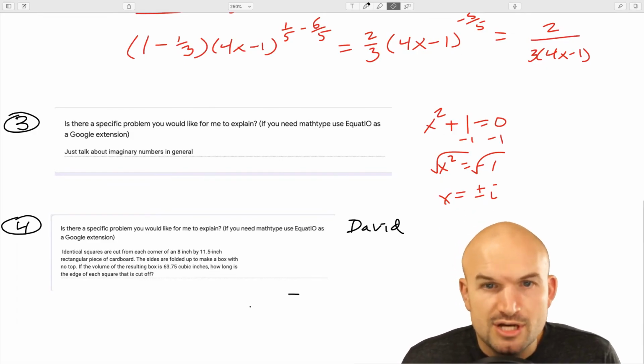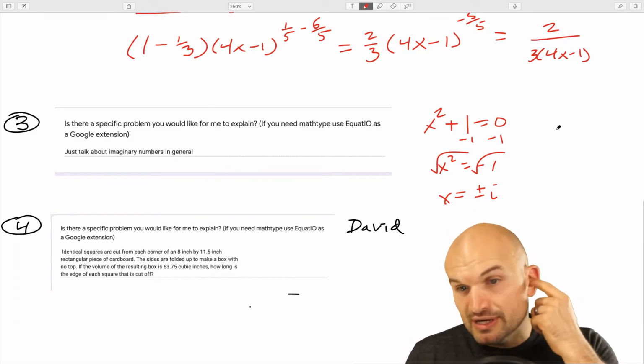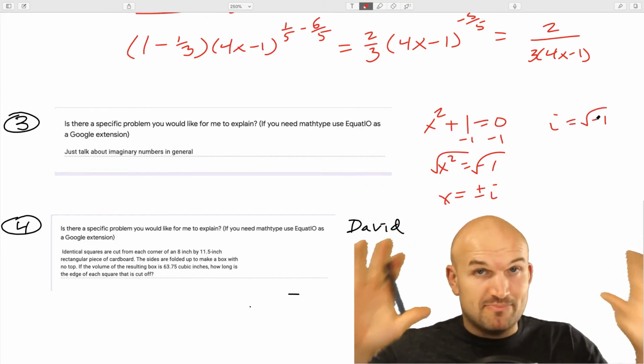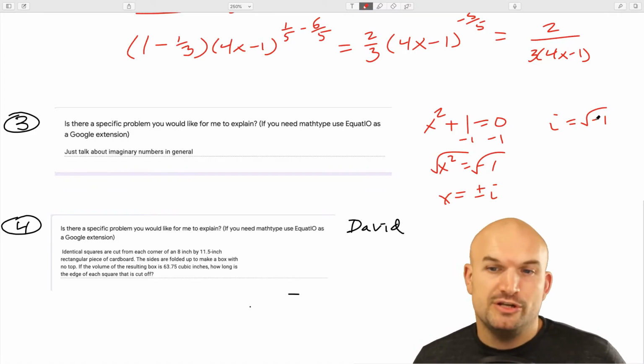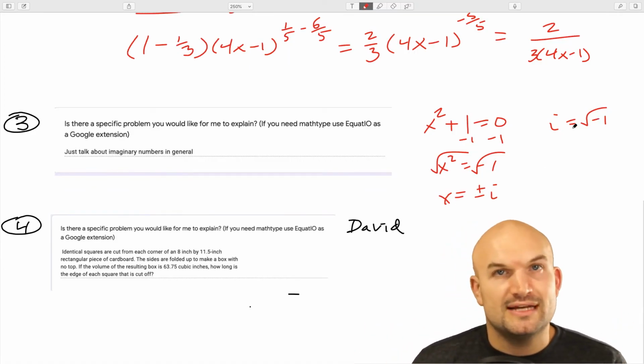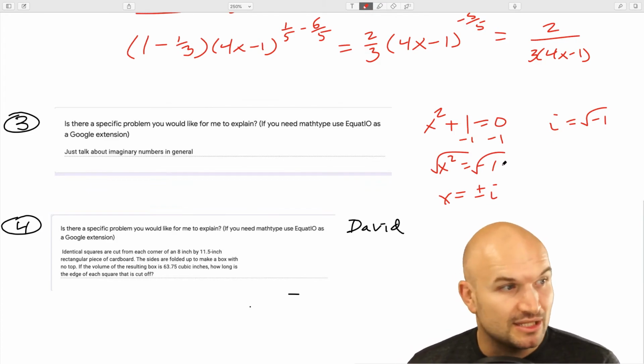Okay. So what we call the imaginary unit here is we can say i is equal to the square root of -1. Okay, so that is just a very basic understanding of our imaginary unit. I'm not going to get very detailed. The only other thing that I think is really important a lot of times when we're dealing with our imaginary